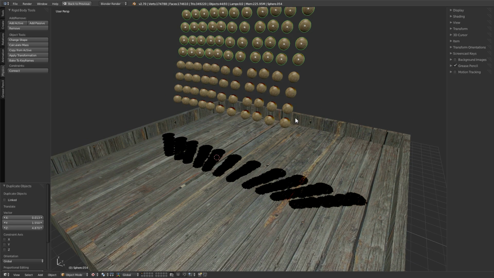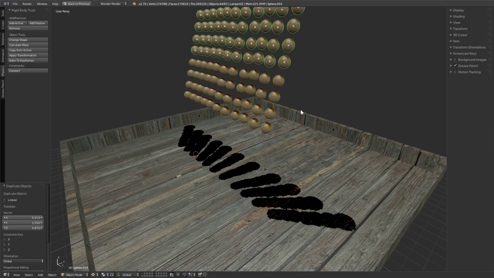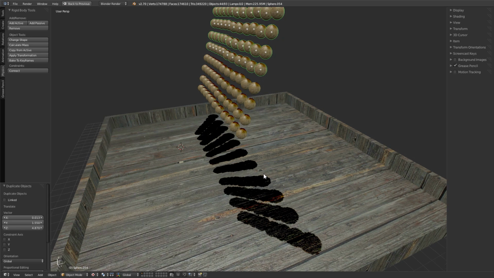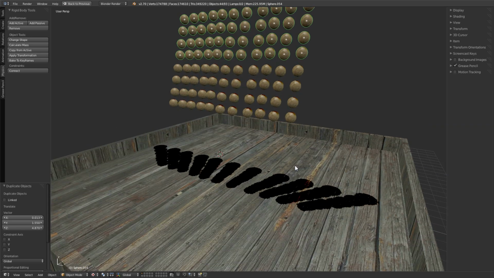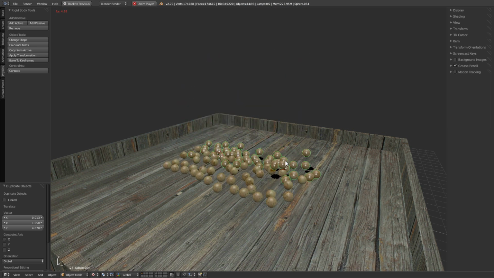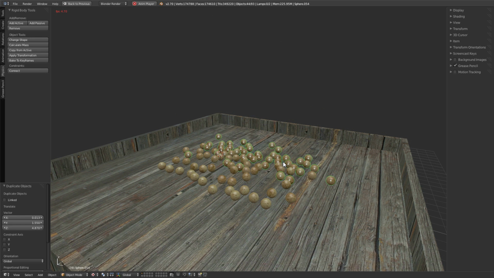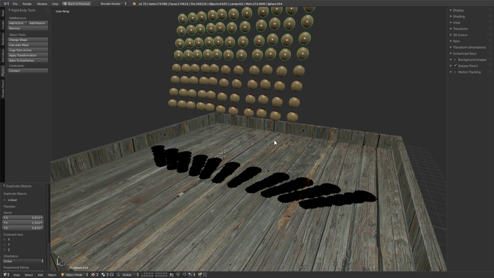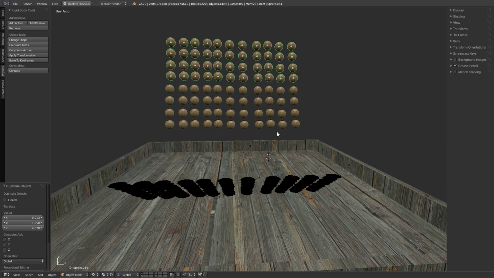Now I've got quite a lot of objects for my computer to try to handle for a live physics simulation. So if I were to tap Alt-A right now, it's just going extremely slow, not moving anywhere hardly. So if I tap Alt-A to stop that animation, then Shift-Alt-A to reset it,